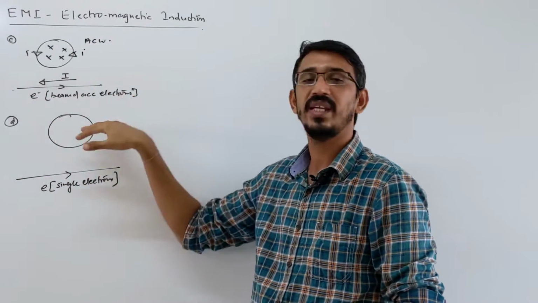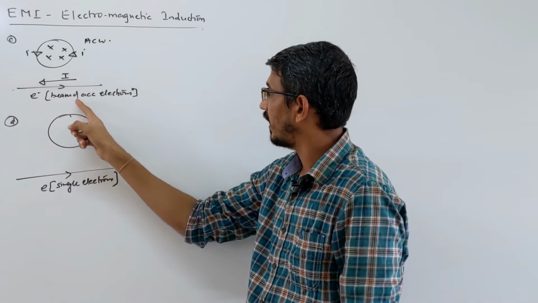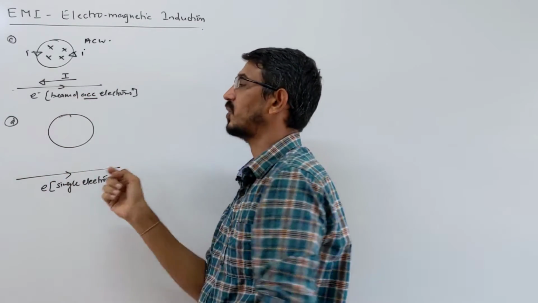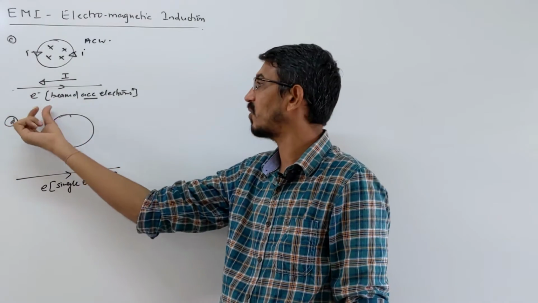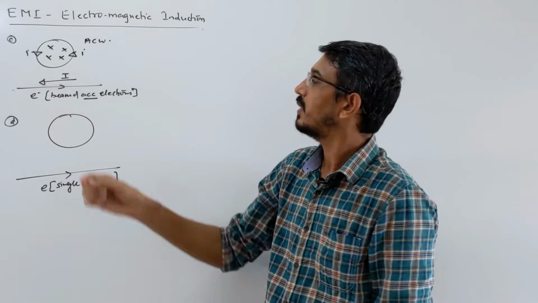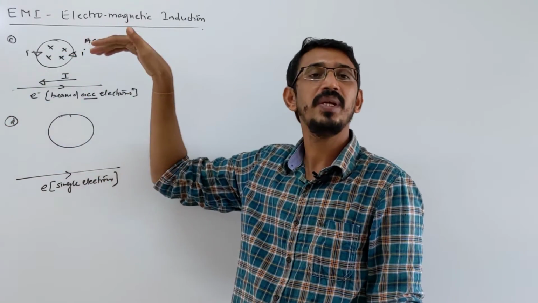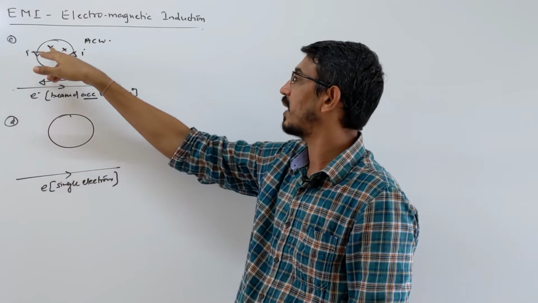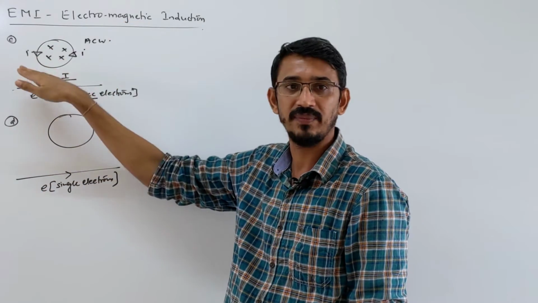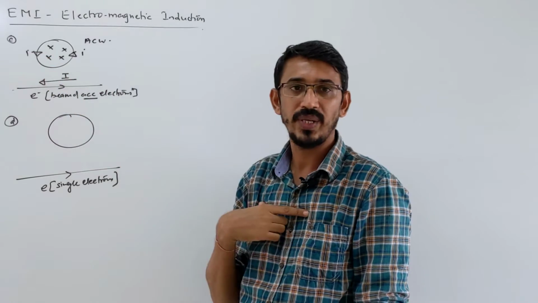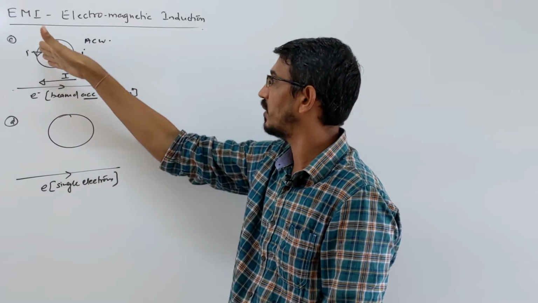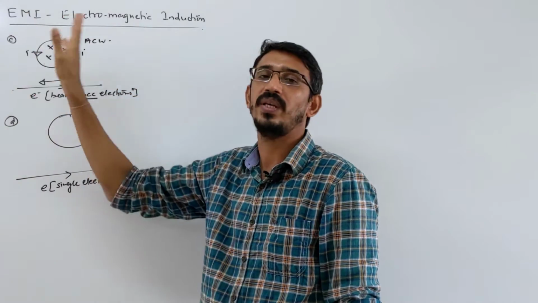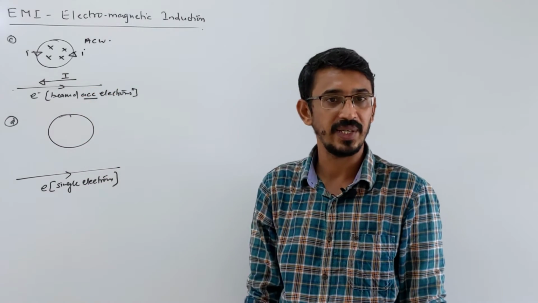If they are accelerating or decelerating, suppose I said accelerating, what did I write? Accelerating, so current is increasing in that direction. If I say the electron beam is decelerating, then current is in that direction only, but the current will be decreasing. Current decreasing means the magnetic field inside this loop is decreasing inward. So our field due to the induced current will also be inward. So now the current becomes clockwise, if decelerating, right?